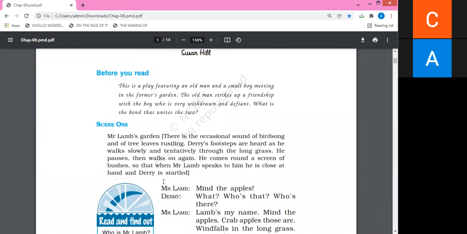And the third scene will again bring us to the garden of Mr. Lamb. Now let us start with this principal or main scene we had already done, but I want to look at the recap of that because it's a new chapter. I want you people to be very careful. Before starting the lesson, I will let you remember that particular point.